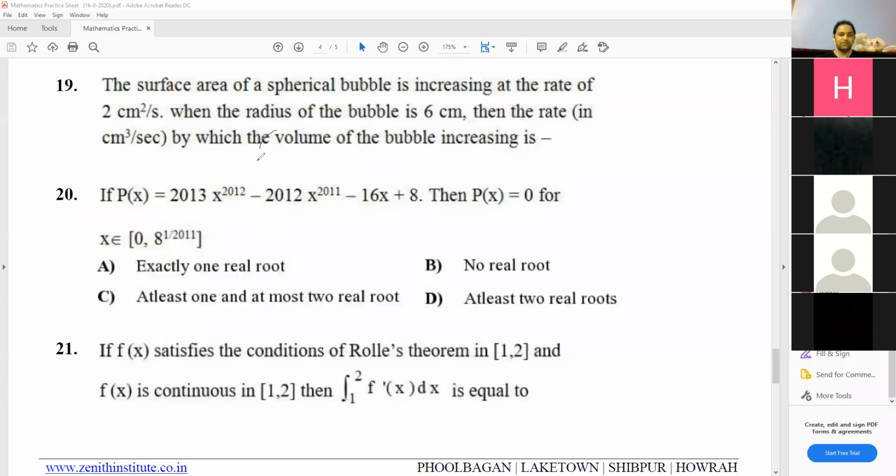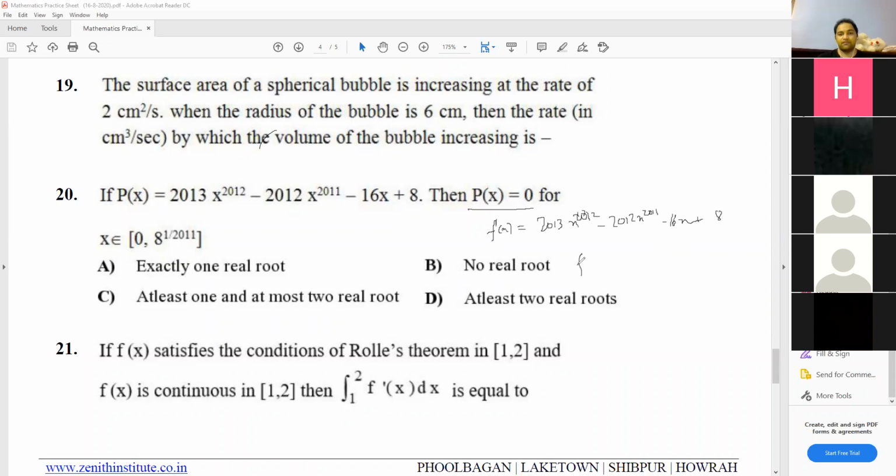Just by looking at the options we can say that okay ये तो Rolle's theorem का question होगा, and we have to give a conclusion on p(x). Since we have to give a conclusion on p(x), what would p(x) be treated as? f dash x. p(x) would be treated as f dash x। ठीक है, so f dash x is 2013 x to the power 2012 minus 2012 x to the power 2011 minus 16x plus 8।